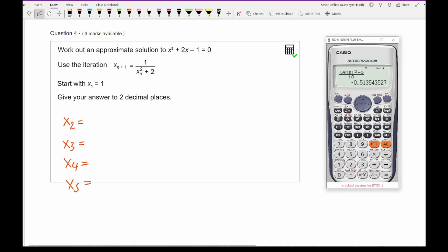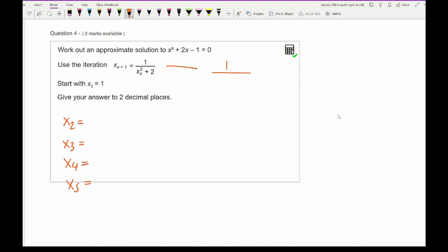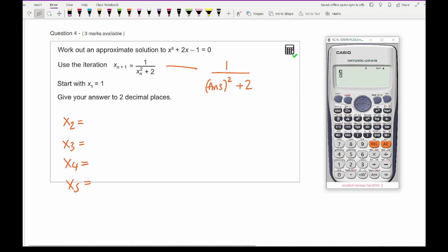So getting the calculator back up, and let's enter this formula. So the first thing I need to do is enter the first value, which in this case is 1. I then set up my fraction, and how I want to set my fraction up is I'm going to have 1 over, and it's going to be ans squared plus 2. So then entering that, I've got 1 over bracket. Now the reason why I put ans in bracket is just in case the previous answer is a negative. I know that my calculator doesn't like negative numbers unless you put brackets, especially when you're squaring. So always put ans in brackets and then plus 2